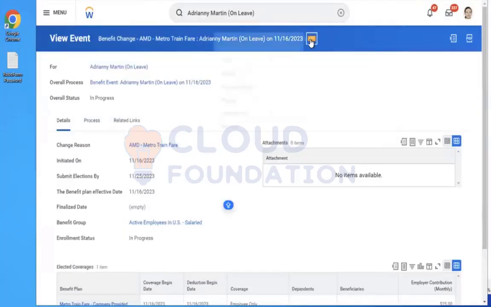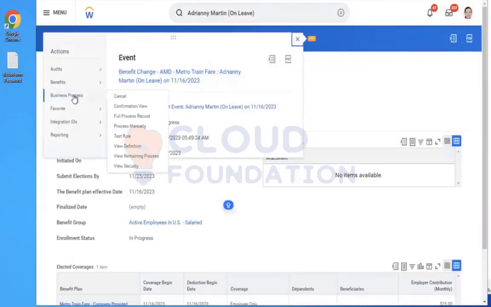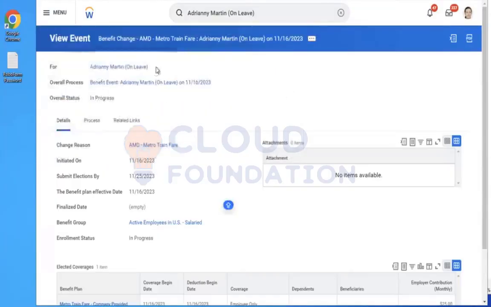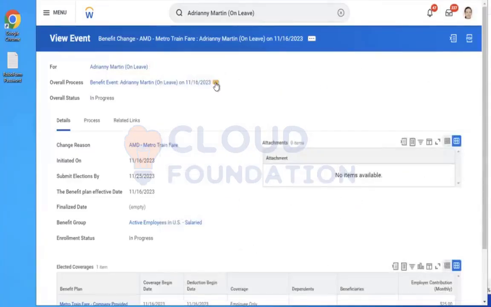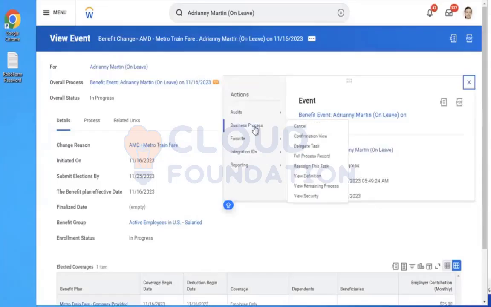Also, why is it not showing who this is assigned to? When we looked at the worker's history, it's showing in progress, so it's not showing whom it is waiting with. No problem. Looks like there's no person to take an action.